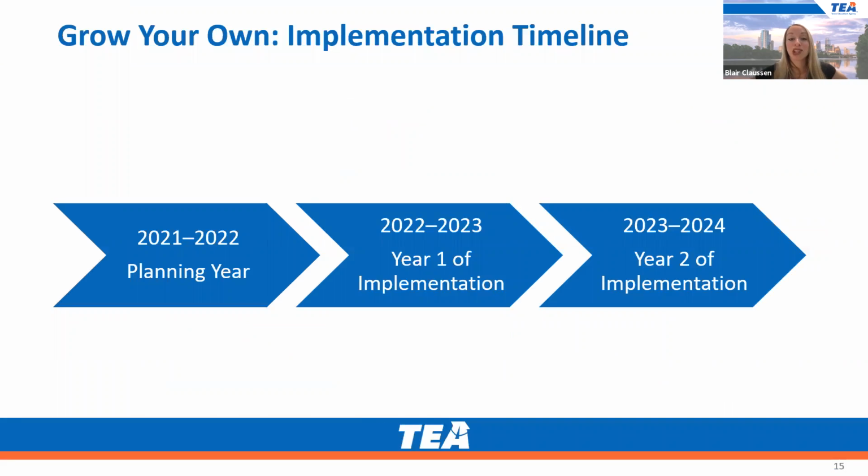So what does the implementation timeline look like? This decision for support runs through summer 2024. So this upcoming year is essentially your planning year. It gives you an opportunity to think through things like selection of paraprofessionals, partnering with educator preparation programs, considerations for master scheduling updates to offer these courses, and setting your milestones and metrics for success. The following 2 years will actually be when you're implementing that plan, tracking your milestones and metrics, and making any updates as needed.